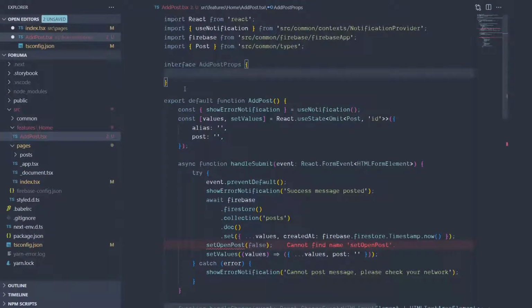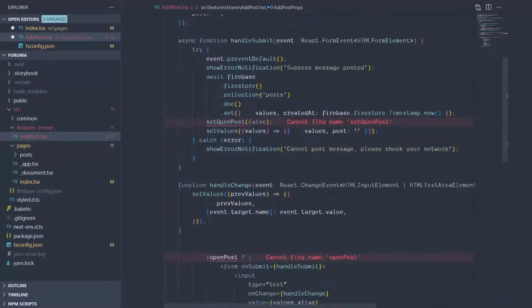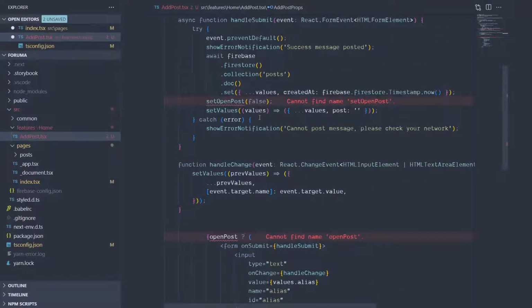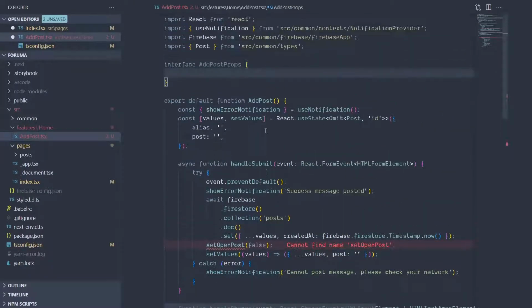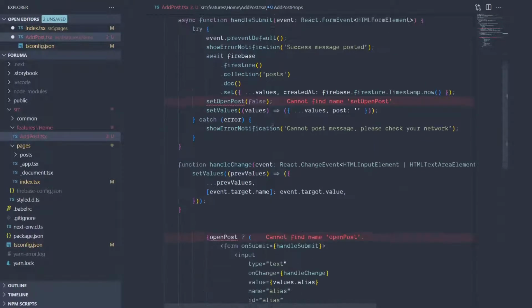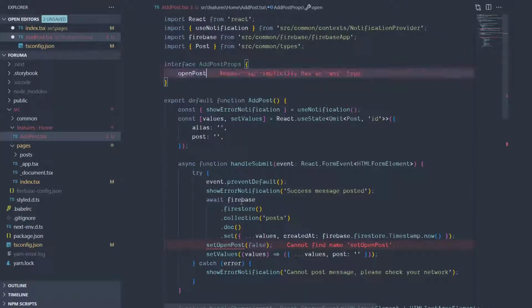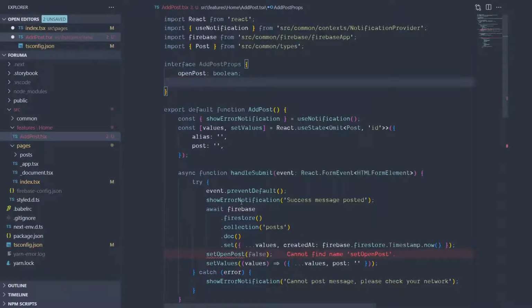So that anyone reading it immediately knows there's an interface for the props being passed to add post. Nice. Alright, next is to define those properties, right? So the add post and then the set open post. So open post, that was a boolean, right? So boolean, and then set open post,